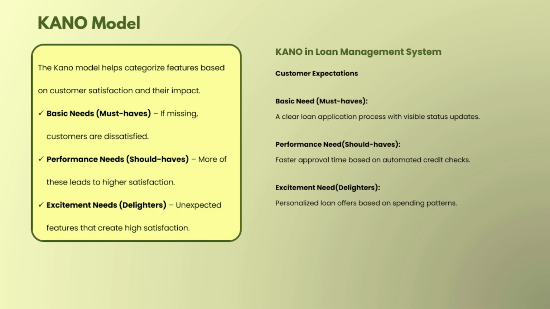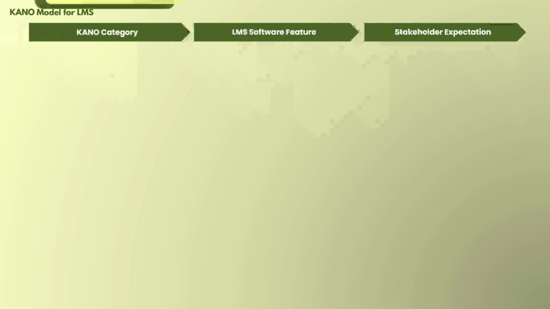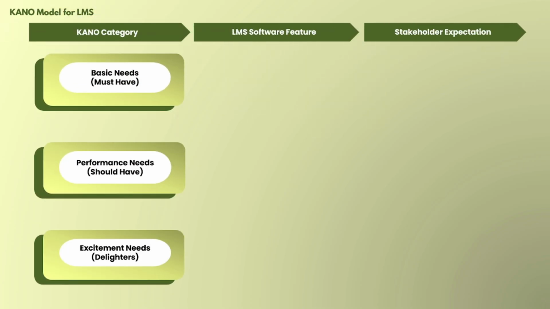For instance, let us imagine the system automatically suggests the best loan option based on the user profile, or sends a pre-approved offer. This is a kind of delighter for them. We are providing them a pre-approved offer, or which loan is suitable as per their profile. So in this way, in the KANO model, we are categorizing requirements into three categories: must have, should have, and a delighter. Now apply the KANO model entirely on a loan management system,